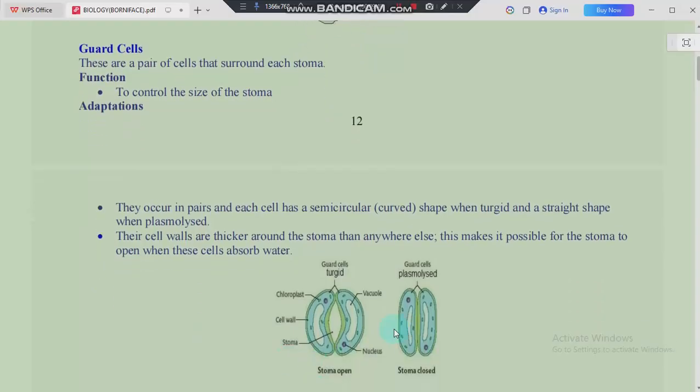So this is our guard cell, it's open, which becomes turgid. This is our guard cell, which is straight,